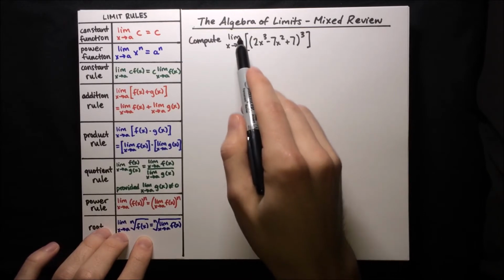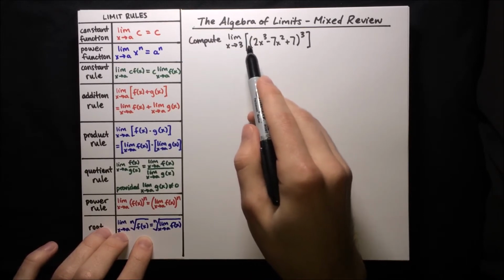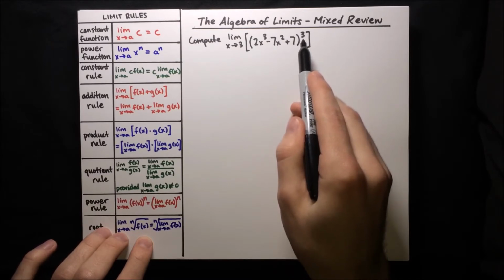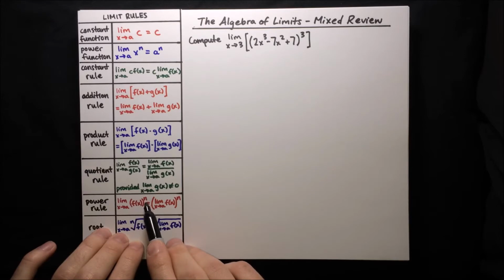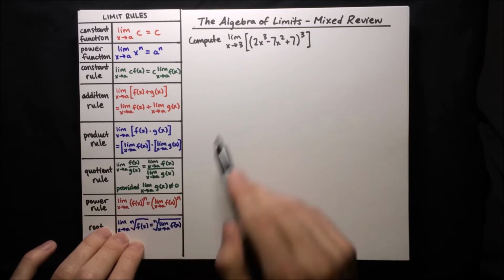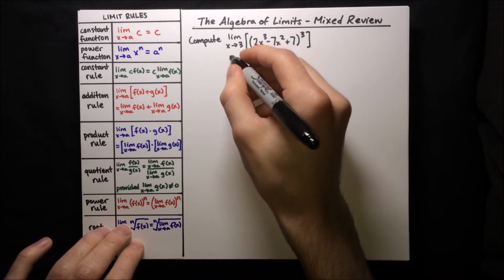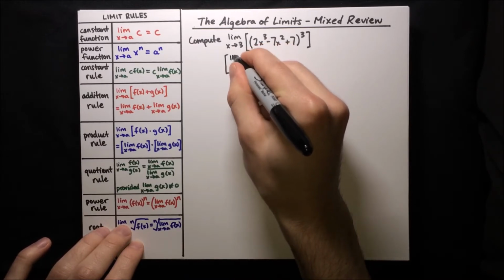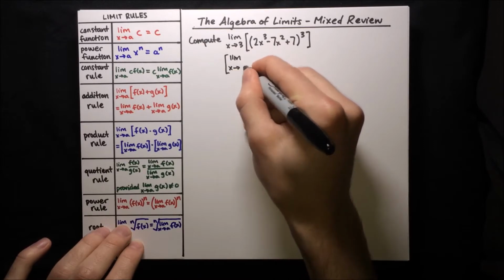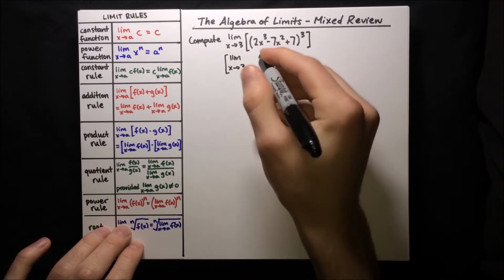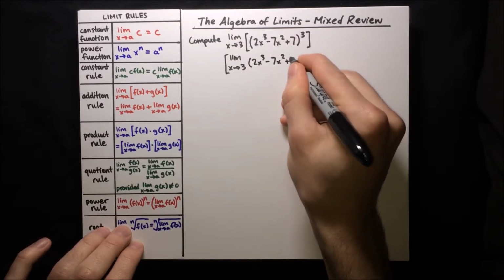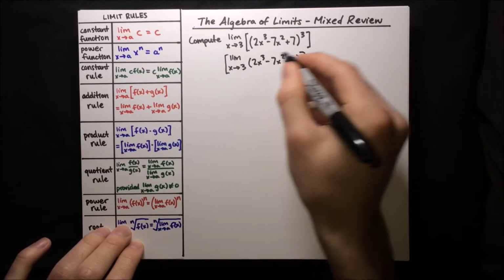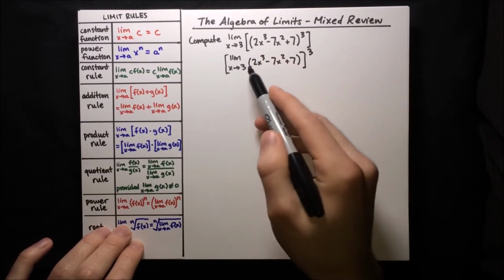So first of all, the limit as x approaches 3 of this quantity to the third power. The power rule says that whenever we have a limit and the function inside is raised to some power, we can move the limit inside of the power. So let's do that here. So let's move the limit inside the power, and we get limit as x approaches 3 of 2x to the third minus 7x squared plus 7. And we'll move the power outside of the limit, or move the limit inside of the power,